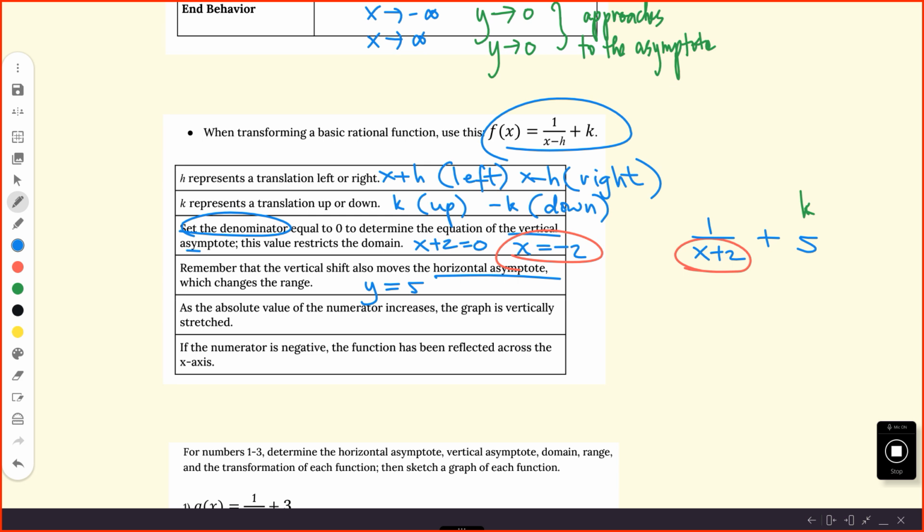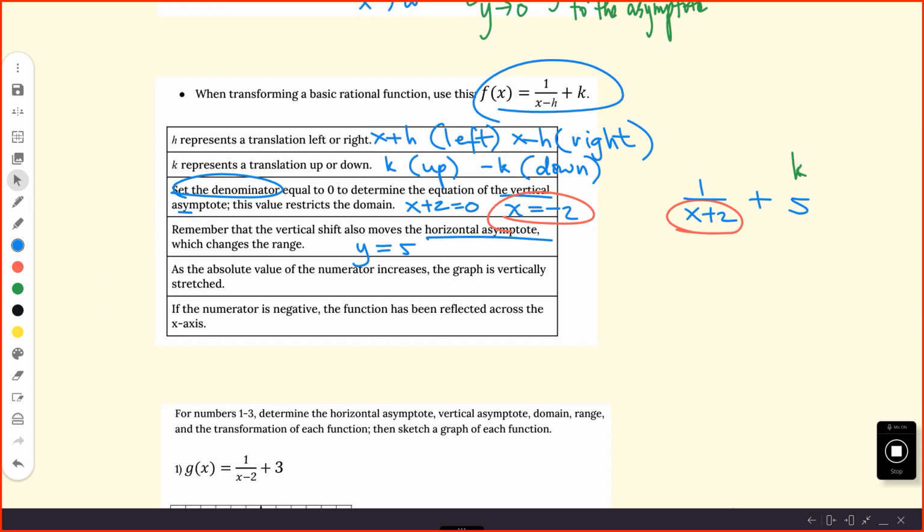Make sense? Okay. Now for the vertical stretch, that is just if your numerator is bigger than 1, right? Because if you have, let's say, 2 over x plus 2, the numerator is 2. I can write this as 2 times 1 over x plus 2. This is your parent function, 1 over x, then left 2. But then you multiply the 2 to the entire thing. That means the 2 there in your numerator is your stretch, okay? So this is stretch